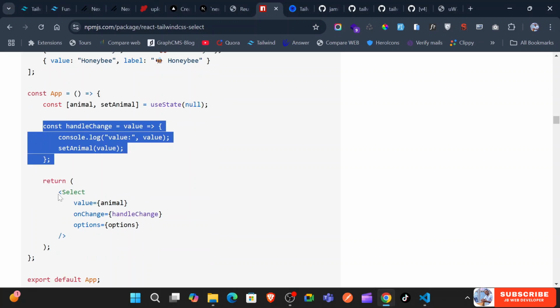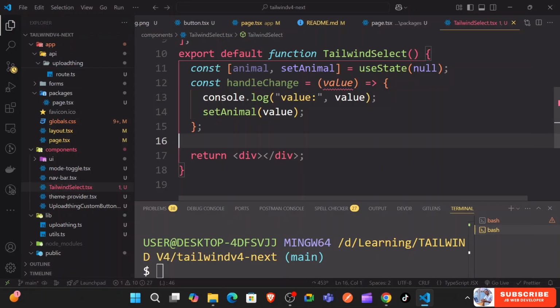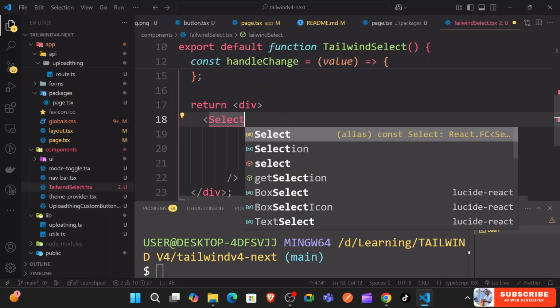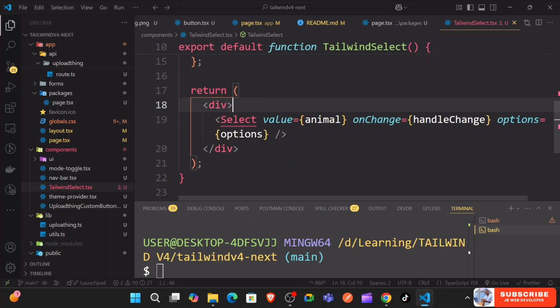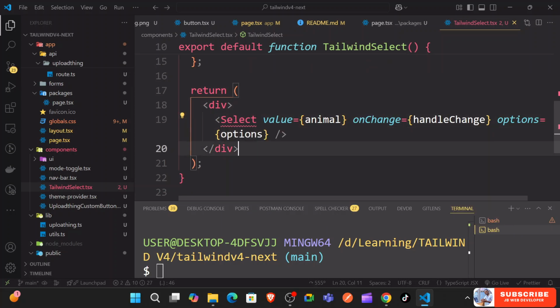Then we have the select. Down here we have the select. So you can just import the select, save. This select is supposed to come from